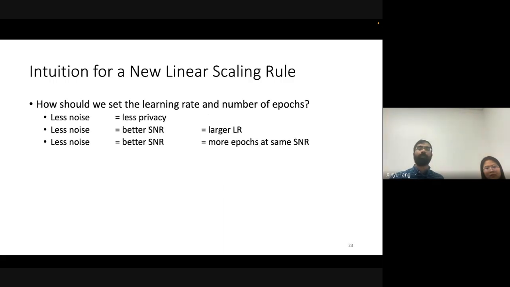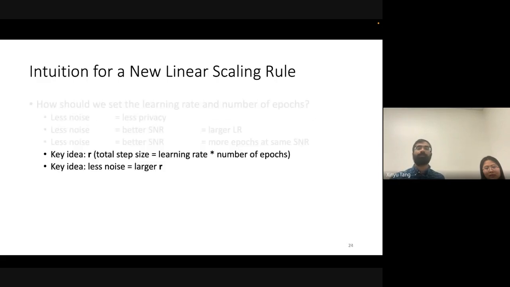So let's start off from what we know intuitively about DP-SGD. As we add less noise and therefore have a larger privacy budget, the signal-to-noise ratio of individual gradient updates will improve. This means that we can afford to take a larger learning rate, larger step size, and also have more iterations while preserving the same signal-to-noise ratio. So this gives us two key